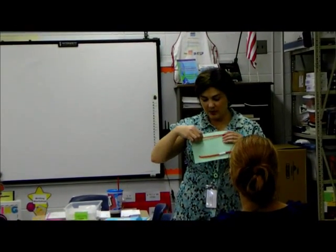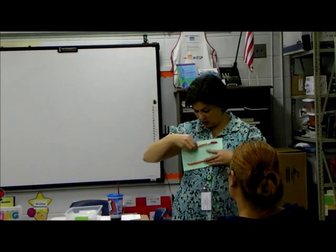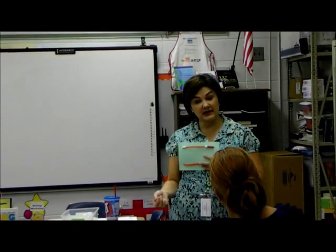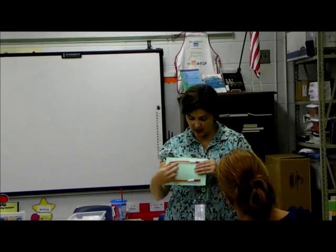So if I were to push 5, how many more would I need to make 10? 5. Okay? Then push back. If I were to push 3, how many more would I need to make 10? 7. And then you can begin, again, start with the 1 row and then move on to 2 rows. If I were to push 4 on the top, how many would I need on the bottom to make